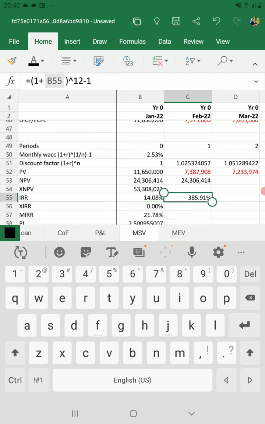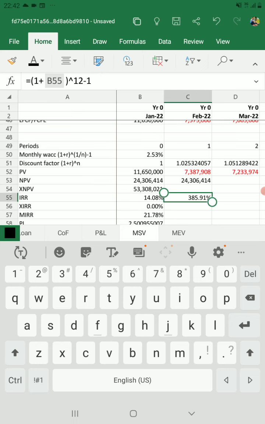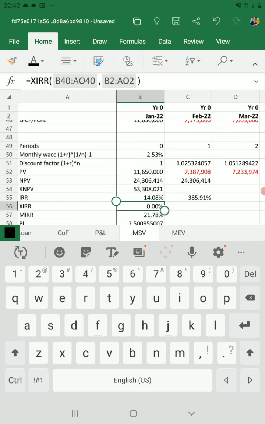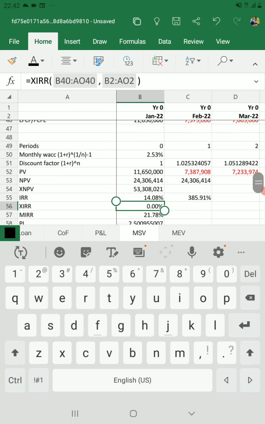Okay, because this IRR assumes that the cash flow is taken at the end of the period. Okay, but XIRR takes exactly the date where the cash flow has happened. Okay, so the IRR could have resulted into a lower rate than this one. But to solve this problem, normally what you can do is,